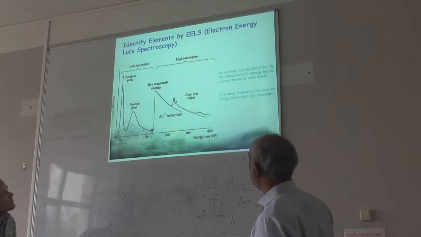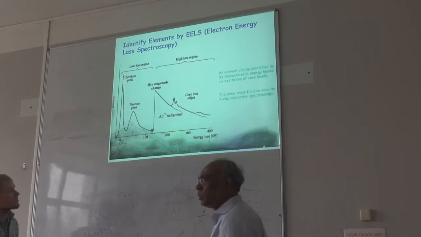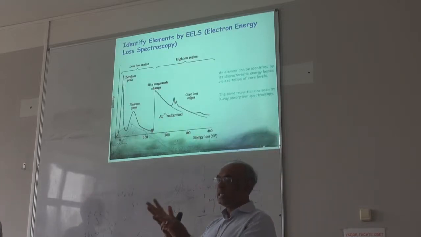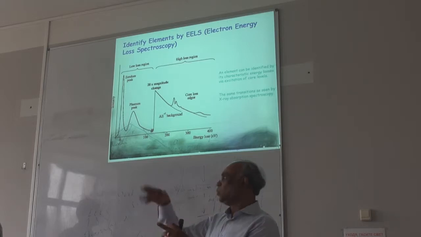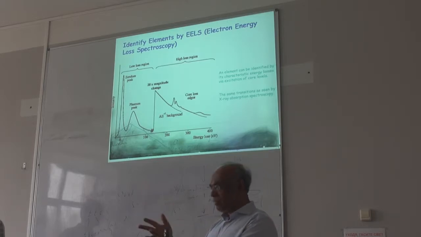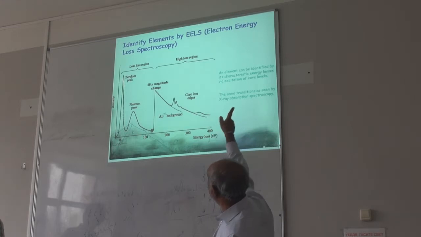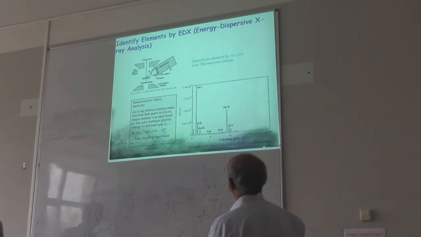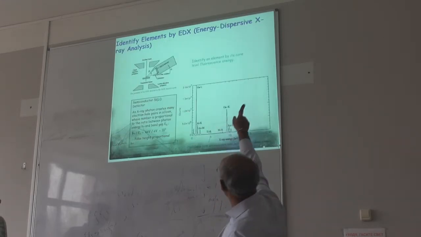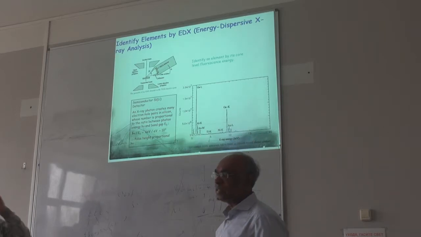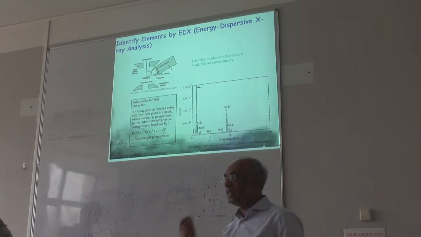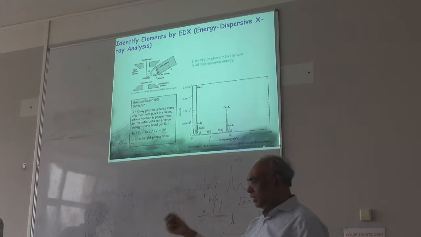Okay, so that's one thing. First we did the image, right? We just looked at it, then we did the diffraction. Then we did EELS. Then we can do something called EDAX. This one is called energy dispersive X-ray analysis. With this you can easily tell what kind of